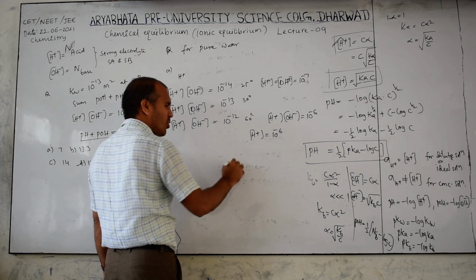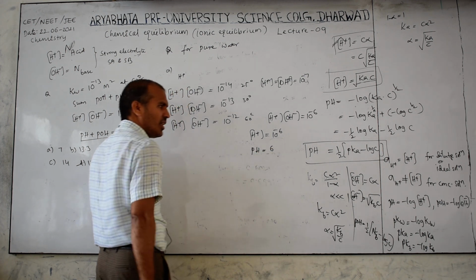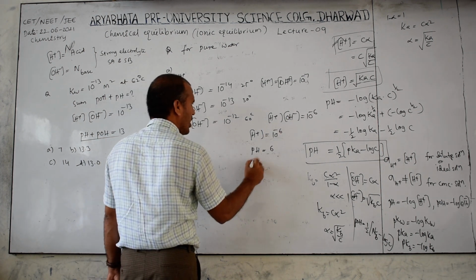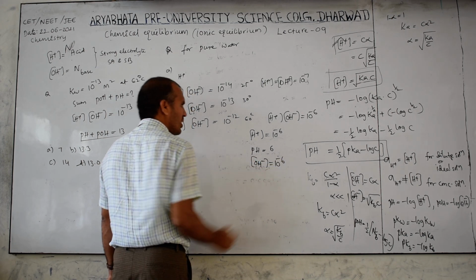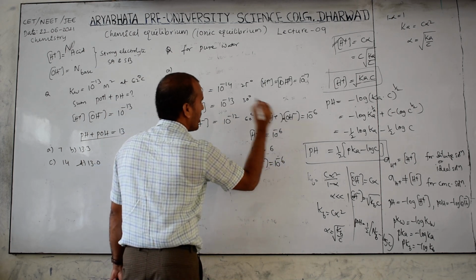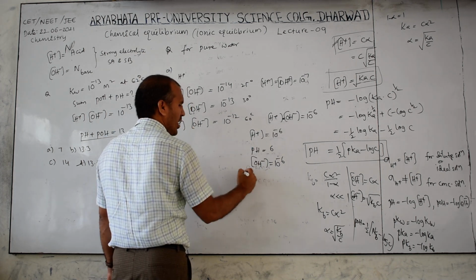If you apply negative logarithm on both sides, pH is equal to 6. For this, negative logarithm, OH minus ion concentration is equal to 10 power minus 6. Sorry, I forgot to write the equal sign here. So it is equal, then applying negative logarithm means